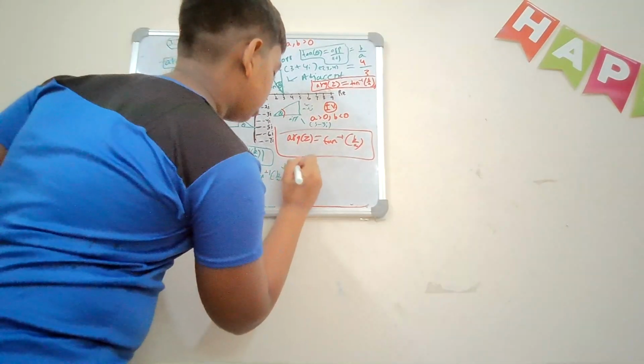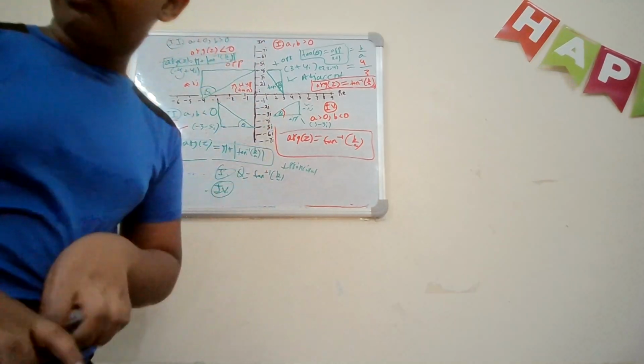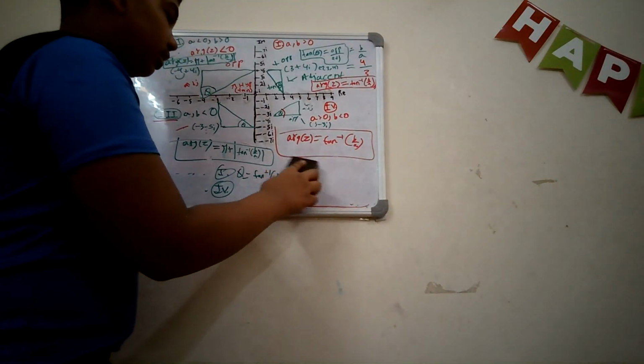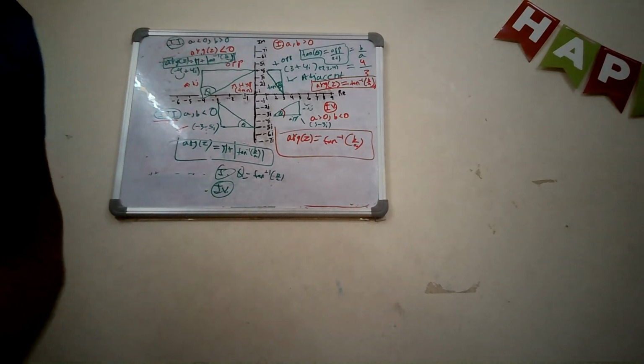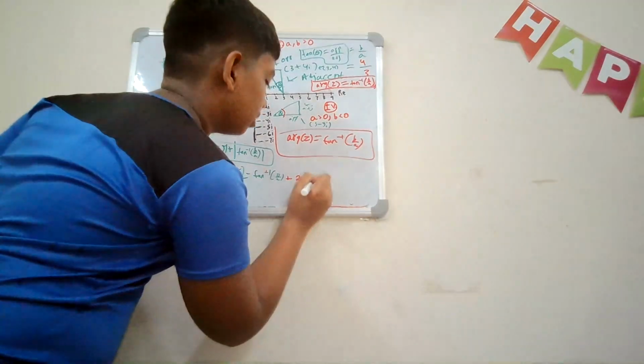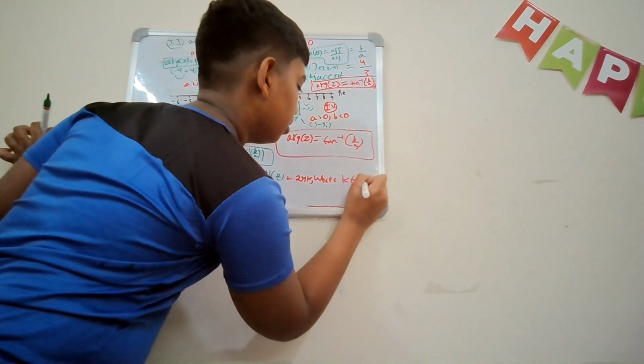This is the principal argument. But in fact, it is multivalued. Why? Because actually, this is plus 2 pi k,